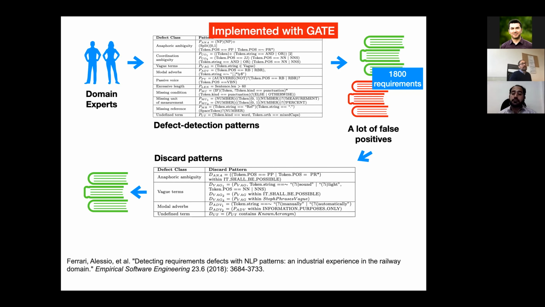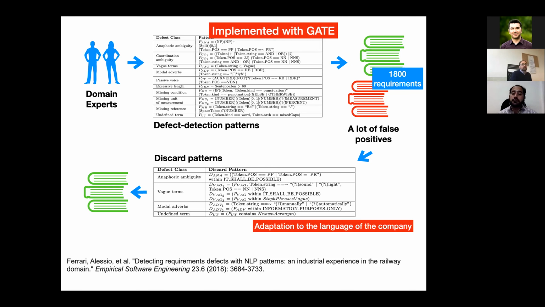And this domain expert defined a set of detection patterns, of course, and they applied them on a large bunch of requirements that they knew that they could interpret, and they found a lot of false positives, of course. But then at this point, they were able to actually develop discard patterns, because they were knowledgeable about the domain and about the language. And so they could get rid automatically of the false positives. In this case,